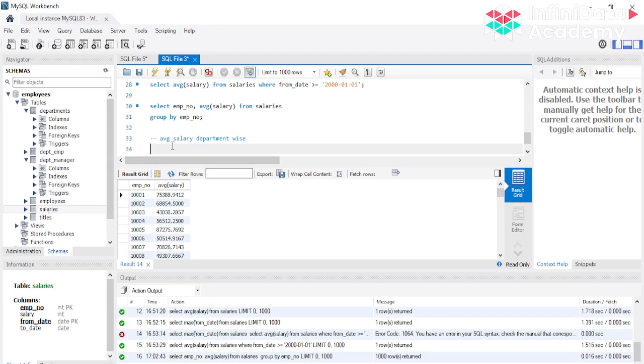So as a first step we will join, let me write join, employees and salary table with their most recent salary. So how are we going to get the most recent salary of an employee?